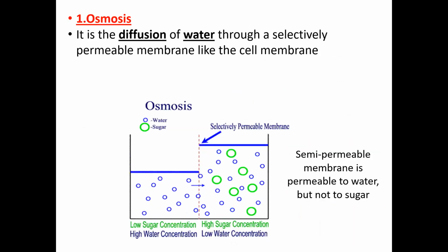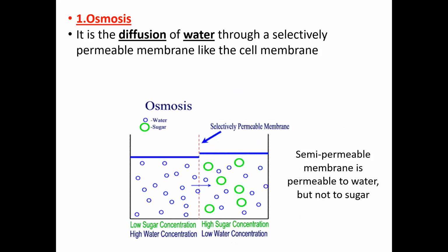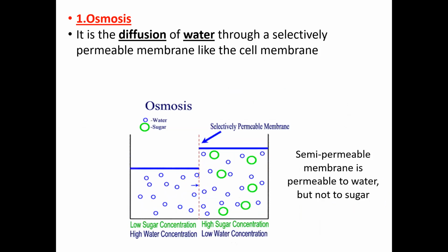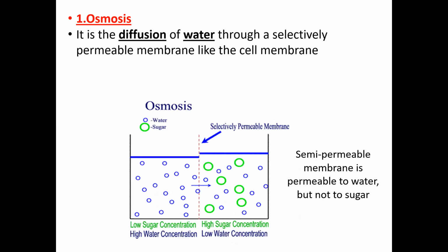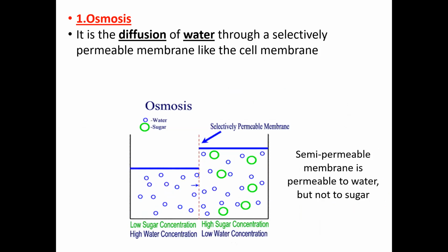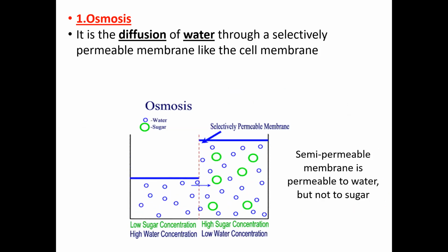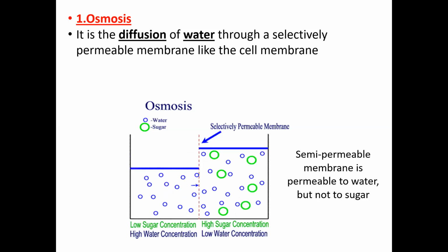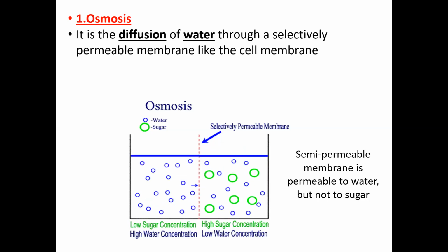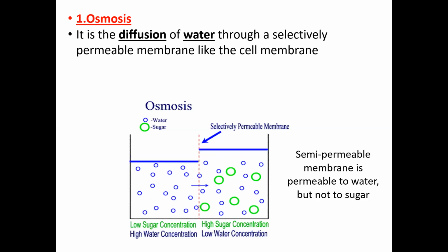Now the first one is the osmosis process. It is the diffusion of water. Generally, no other molecule is moving, but the water moves from one side of the membrane to the other and maintains the equilibrium of the molecules. Here the diagram shows that at a higher concentration of sugars, the water molecules pass from one side to the other and maintain the balance, or equilibrium, of the sugar concentrations.